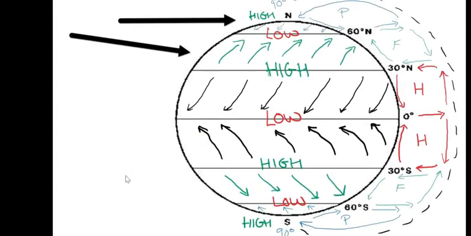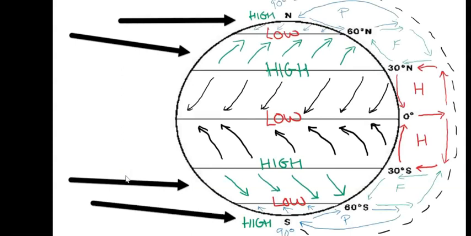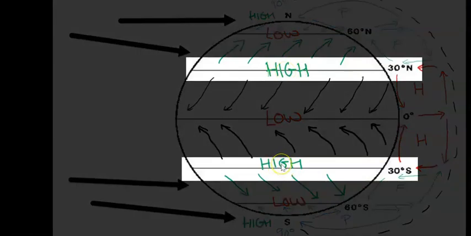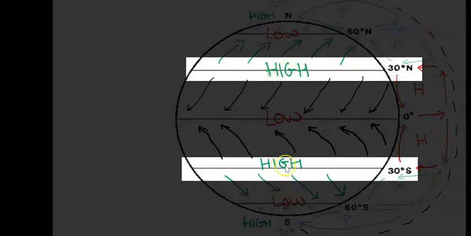Now I've added in more winds to fill in the gaps both in the mid latitudes between 30 and 60 degrees north and south, and also the polar regions. So we have this high pressure at 30 degrees north and 30 degrees south. Now this high pressure is our leaf blower, which is going to move the air or blow the air away from this location as it comes down from the tropopause, as seen here,